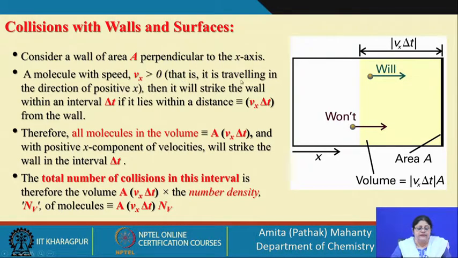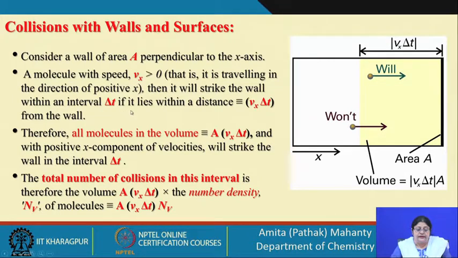That means it is travelling in the positive direction towards the wall. It will strike the wall within an interval of delta t if it lies within the distance v delta t. Okay. So, if they are moving with this velocity in this direction, then what, if this, we have done before also, then